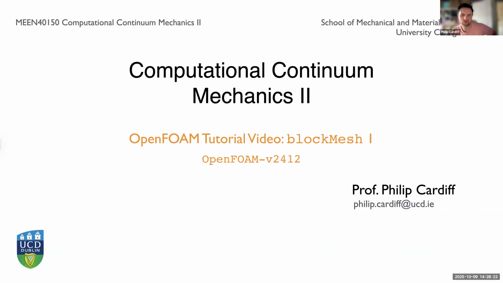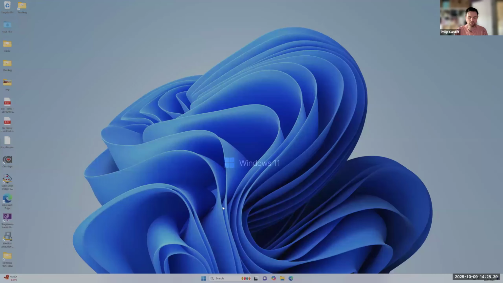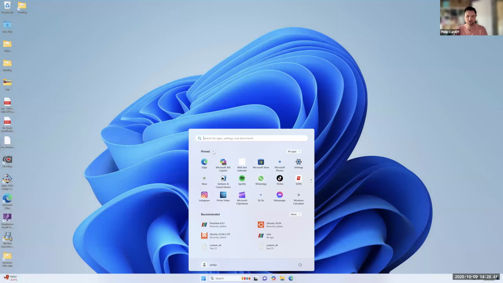Hello, in this tutorial, I'm going to introduce the blockMesh meshing utility for OpenFOAM, and I'm going to do this tutorial using OpenFOAM v2412. Okay, so let me jump out of this and jump over to my Windows, and I'm going to launch my